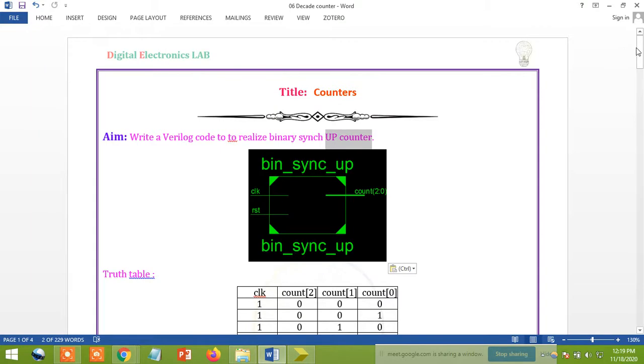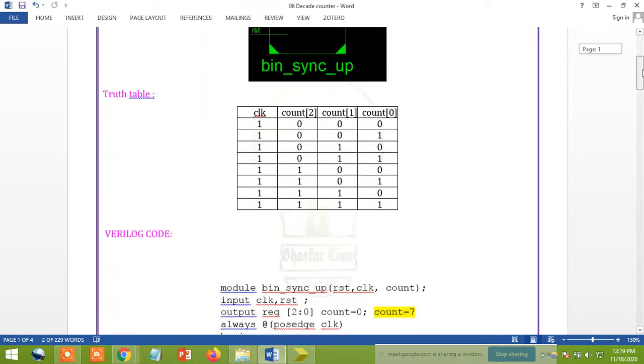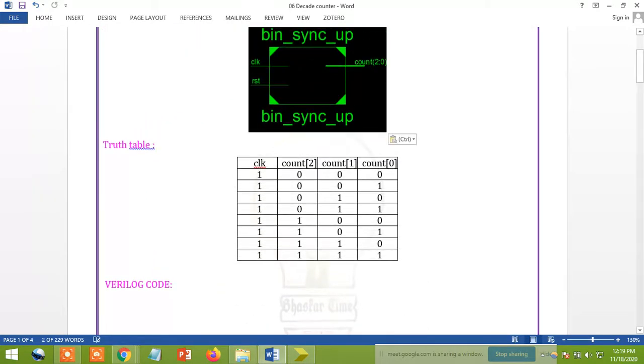So how does it work? Let's see. Here it is very simple. I'm going to take the rising edge of my clock, and I'm not going to take any bubble here. Only on the rising edge of my clock am I going to write the program. The initial value is 0 0 0. After that it needs to count 1, 2, 3, 4, 5, 6, 7. After 7 you need to come back to 0. That is my intention. That is a synchronous up counter.